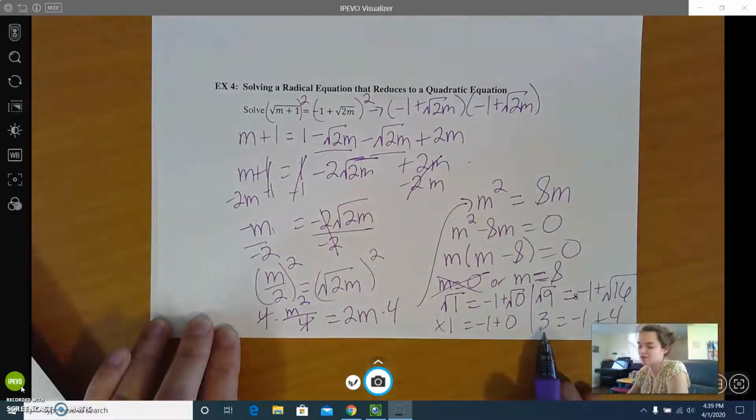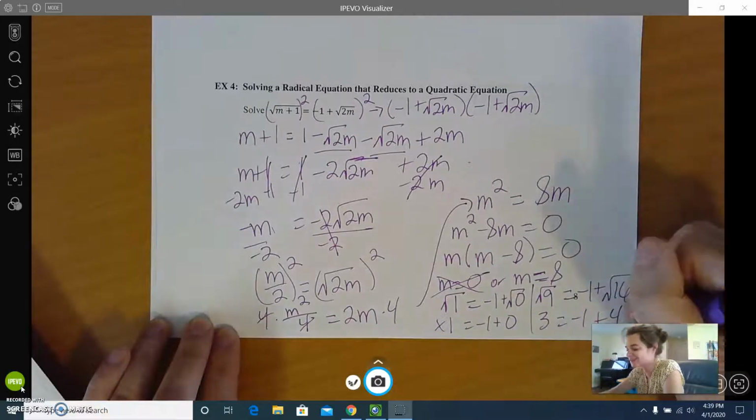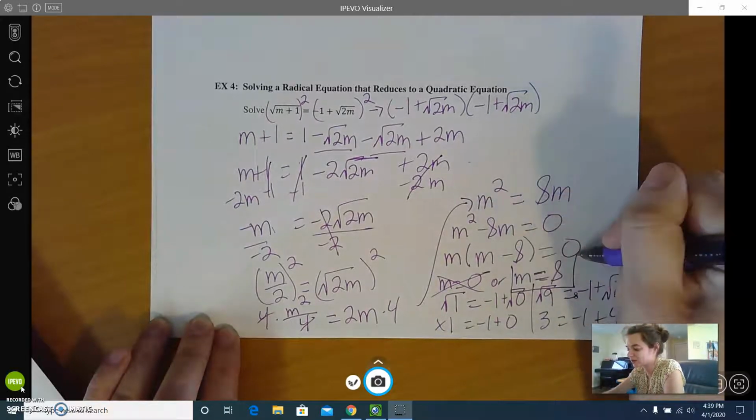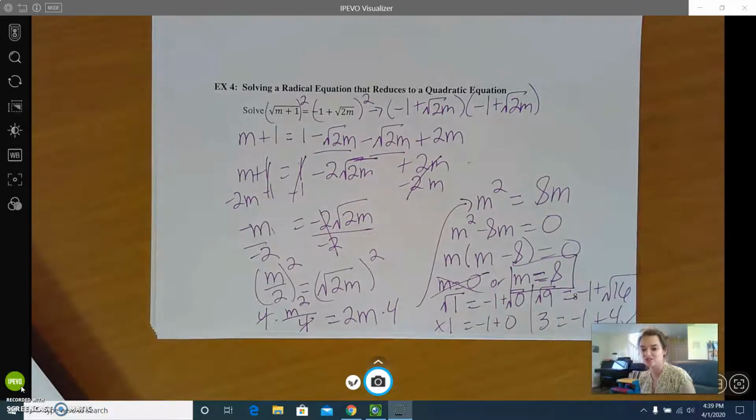So I have, is 3 equal to negative 1 plus 4? Yes, it is. So that answer works. And so we only have one answer for this one. It's m equals 8. You certainly can get 2 answers or no answers, but you do need to check them